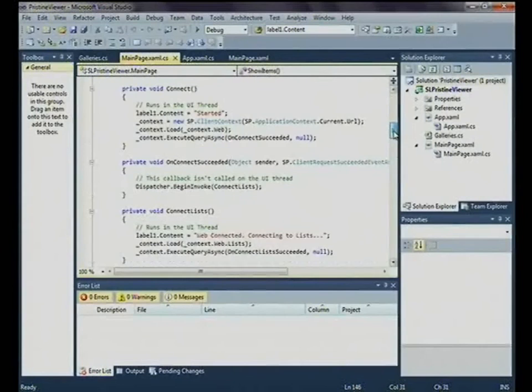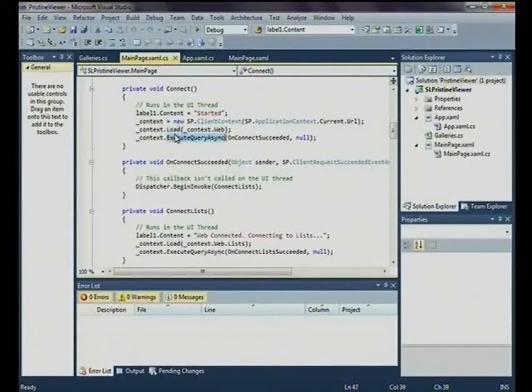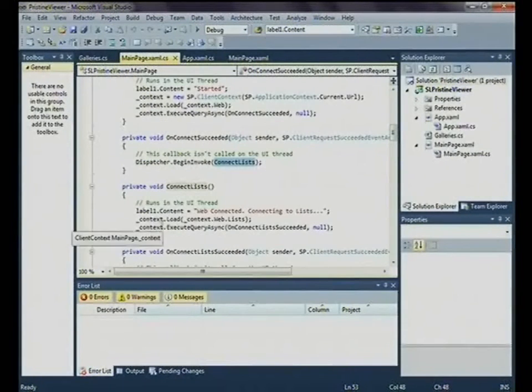So you need a few variables, but essentially you create a context. That's just a link to the website, if you will, and then you tell it to load, which basically prepares the statements that need to be executed against the SharePoint environment, and you call this execute query async method, passing in the method that you want called when it's finished, which is the next one down the track here, and that calls on another thread the begin invoke, which calls the connect lists method, which actually does the work,